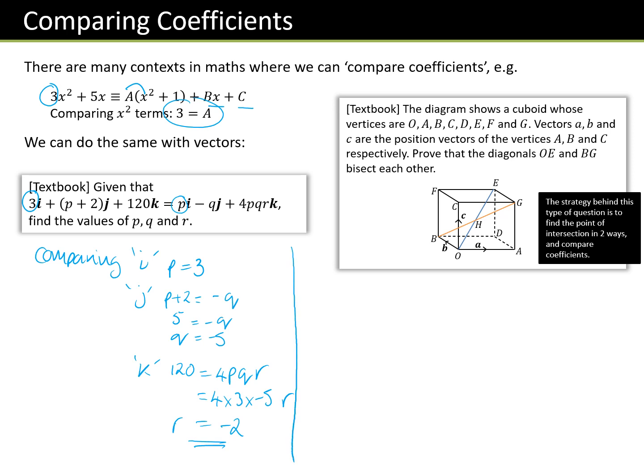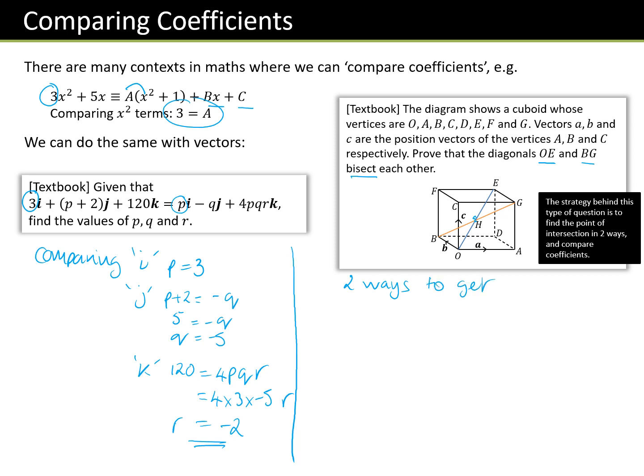We've got this cube, and we've got the vertices A, O to G, and we've got H in the middle, because it's asking us to prove that the diagonals OE and BG bisect each other. Now bisect means that they're going to cut in half, so you can see that they meet. So we're looking to prove that H is halfway along O to E and also halfway along B to G. So what we do here is we can think of two ways to